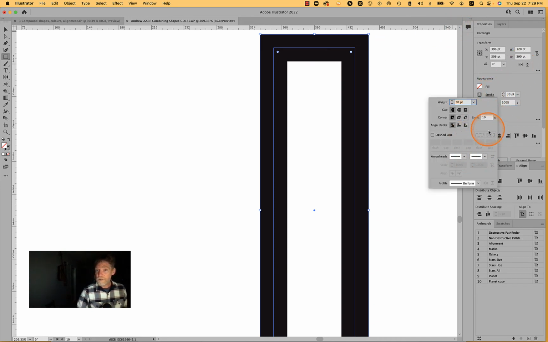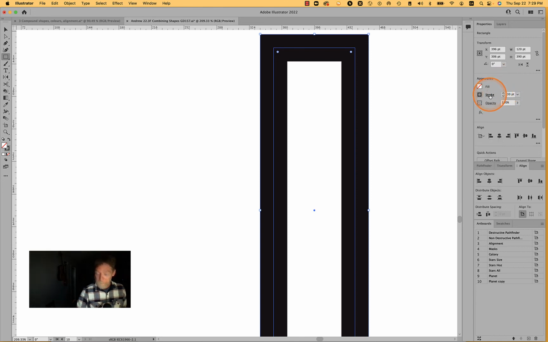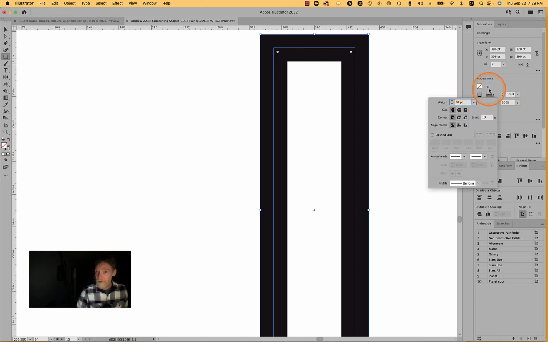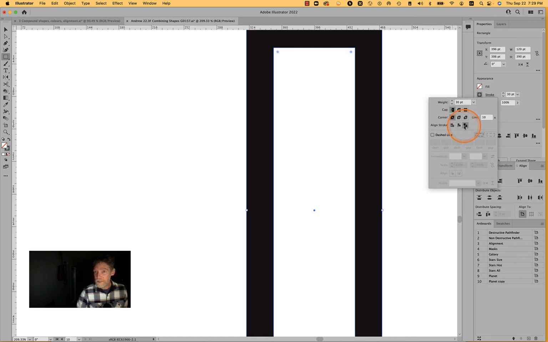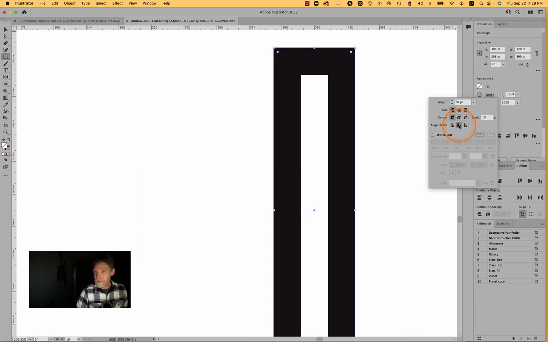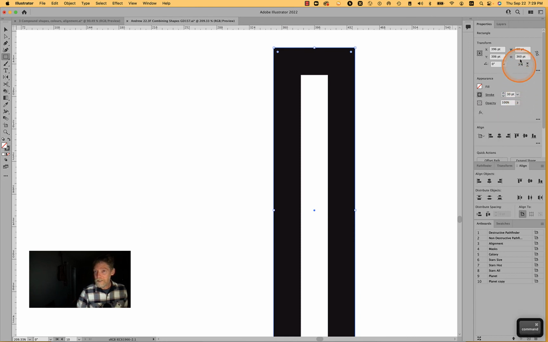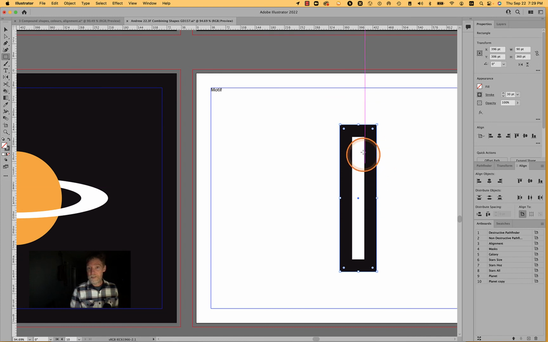So we can change where Illustrator draws the strokes. If you click on the word stroke, it'll give you another modal, and this allows you to decide where those strokes are drawn. Is it drawn on the outside? Is it drawn on the inside? And if I deselect here, you'll see now Illustrator understands that this shape is actually only 90 pixels. And there is a 30-point space in the center, and then there's 2 bars on each side that are